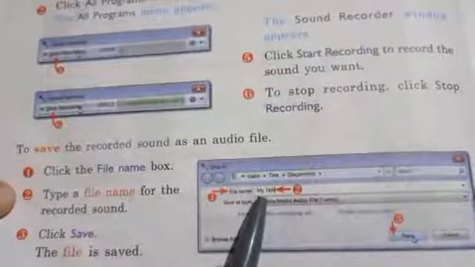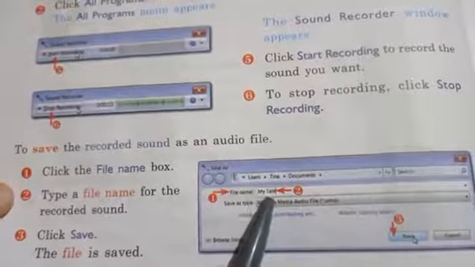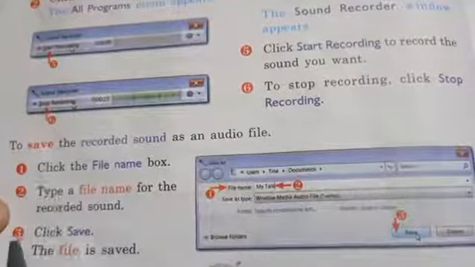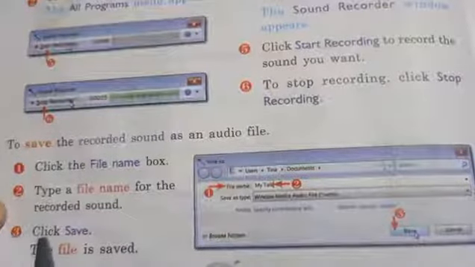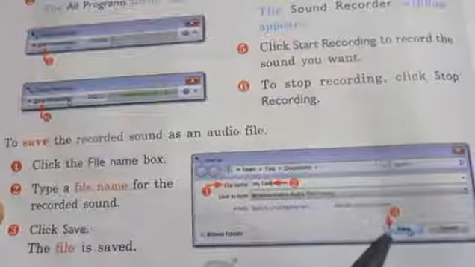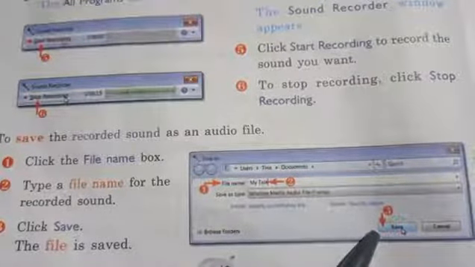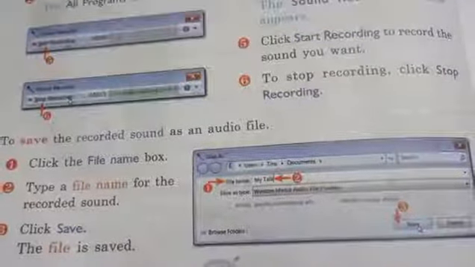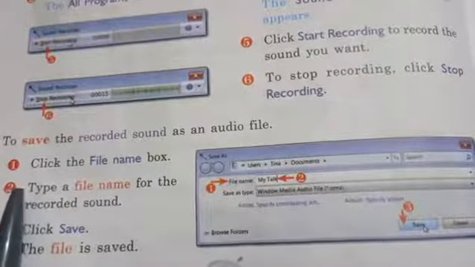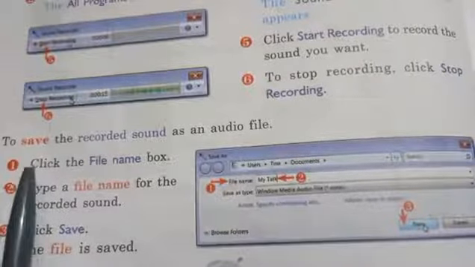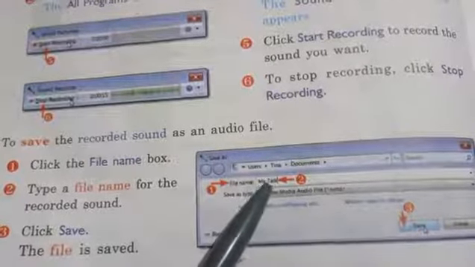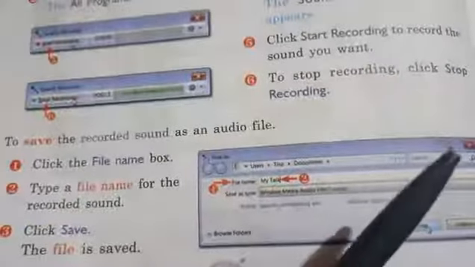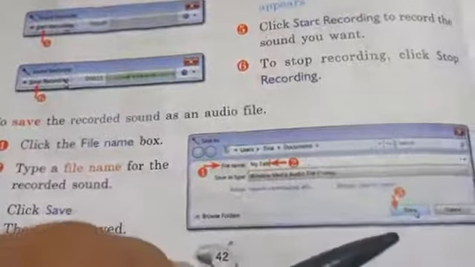Here the name is my talk. You can write your own name. Third point, click the save button. You can see the save button. You have to click on this save. The file is saved. Here are three simple steps to save your sound. First click on the file name box. Second, write the name of your file. And third step, click on save. Like that you can save your recorded sound.